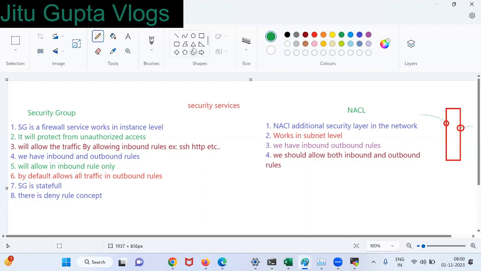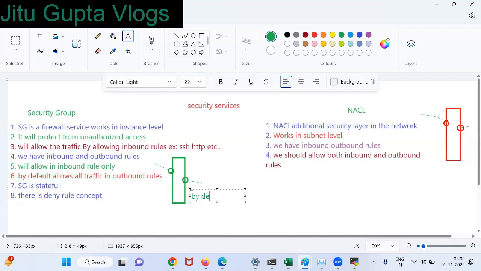In the same case in SG, SG is also the same, but the SG outbound is always allowed by default, right? But here it's not like that. We should allow outbound also.